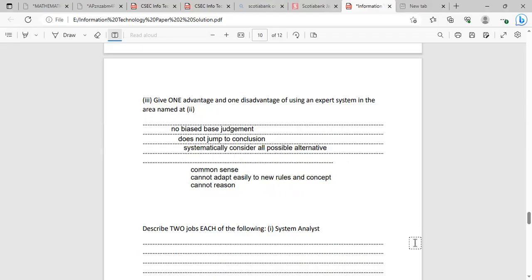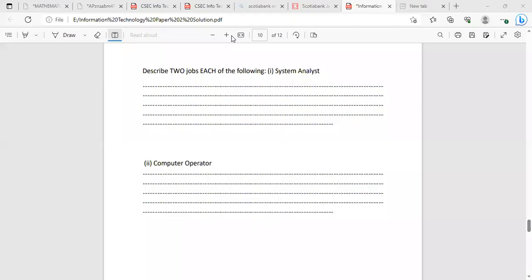All right. Let's look at describe jobs. Describe two jobs, each of the following. System analyst. Let's go. All right, it says describe two jobs, each of the following. So first we have the system analyst, and then we look at the computer operator. So